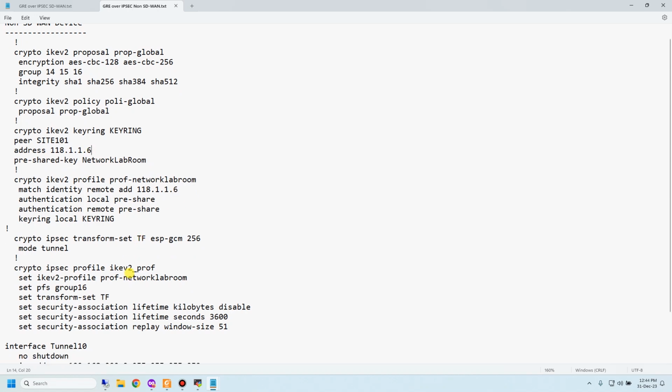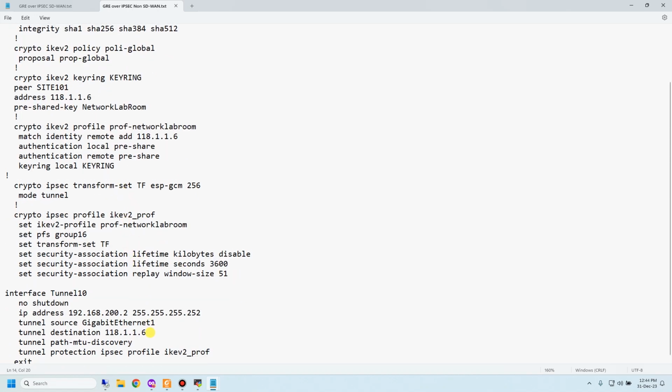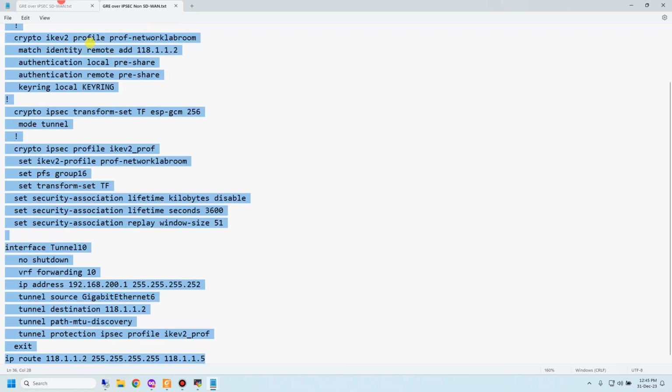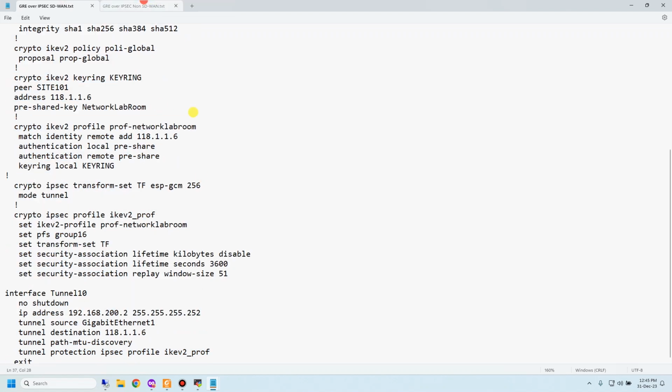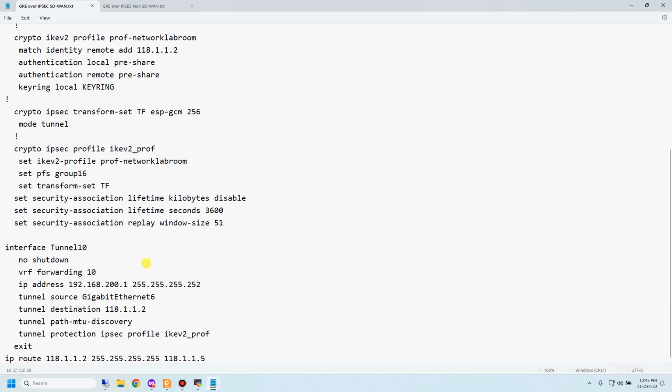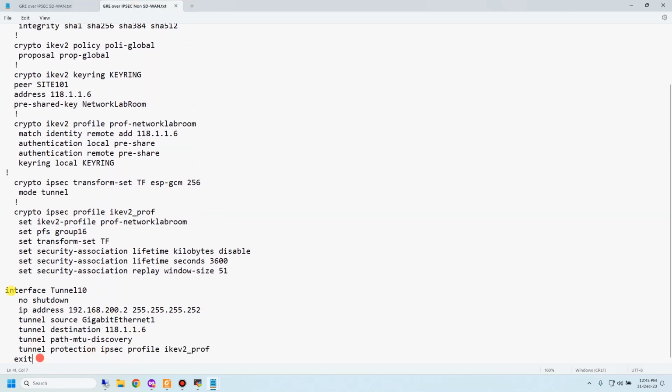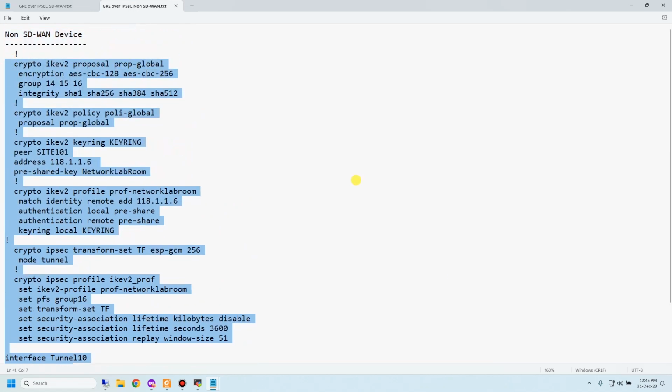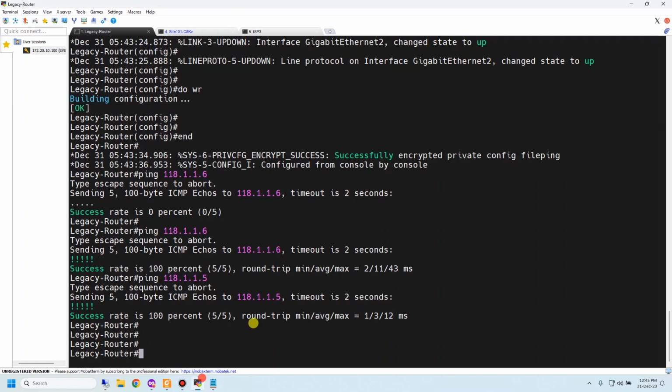Resist to know the destination 100.2, 100.1, mask identity remote 1.1.6, 1.1.2. Okay, copy, and then